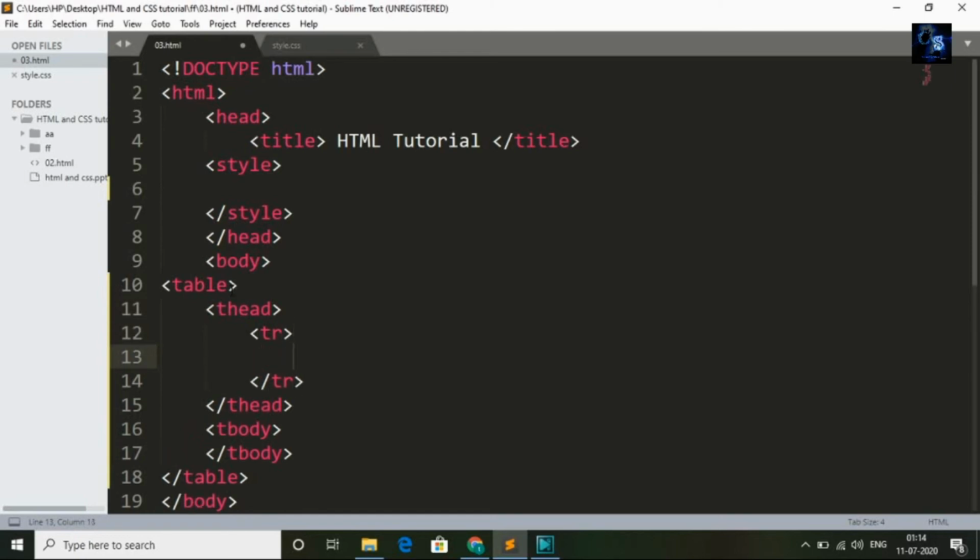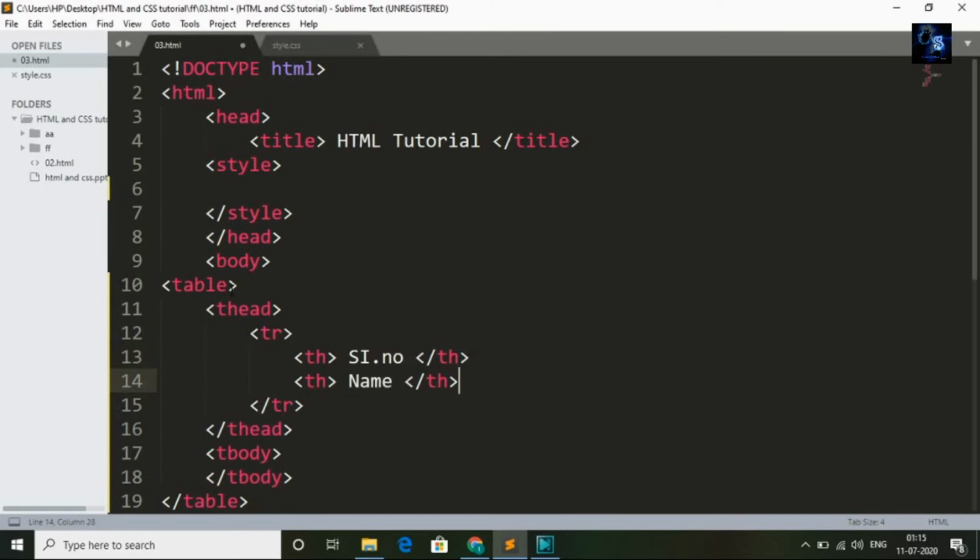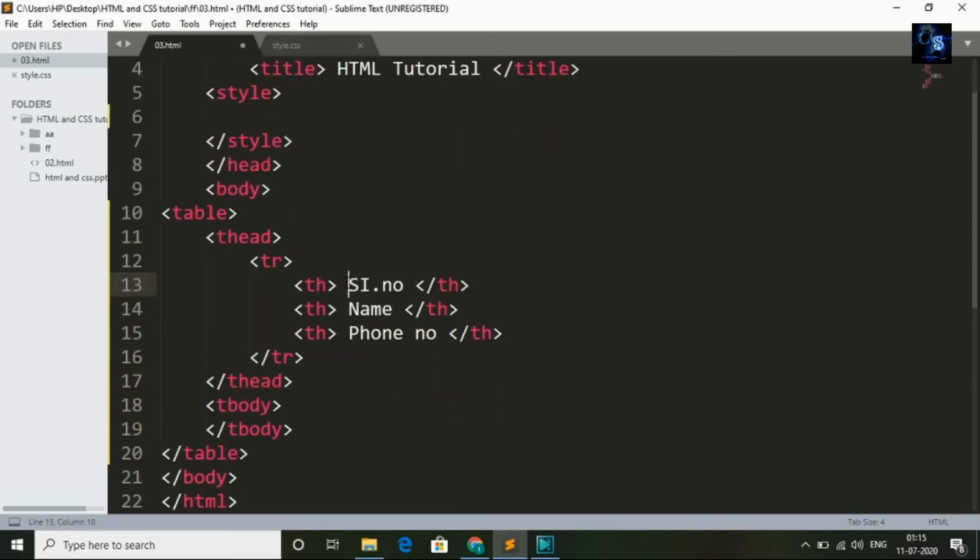Inside tr tag I will use th tag, table head. I will give serial number, closing tag, and I will give name, closing tag, and I will give phone number. Serial number, name and phone number are headings in table.